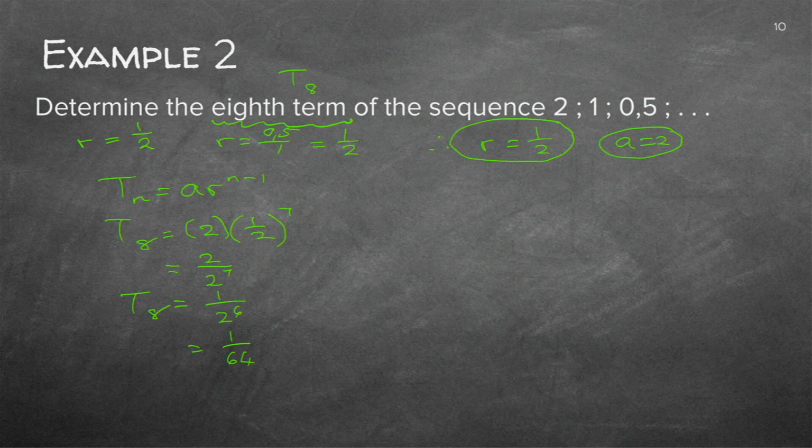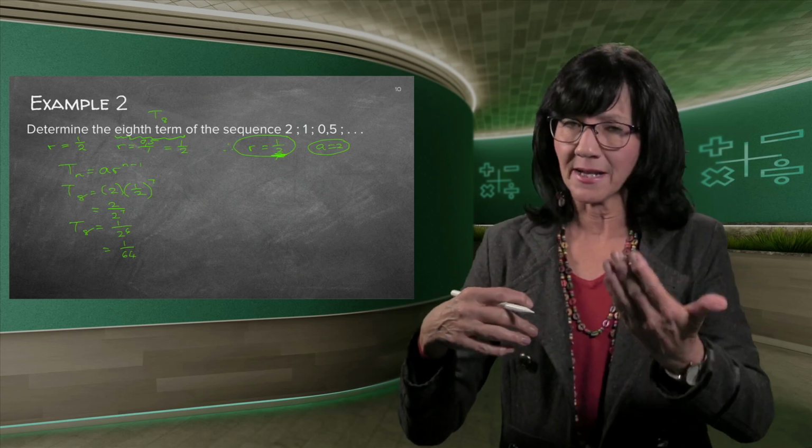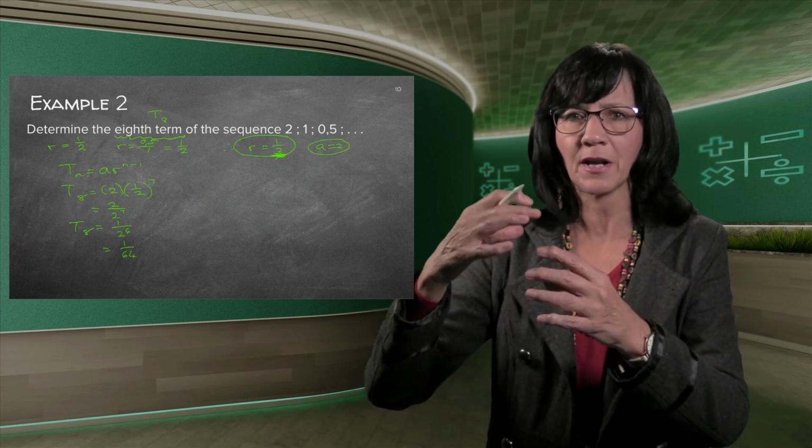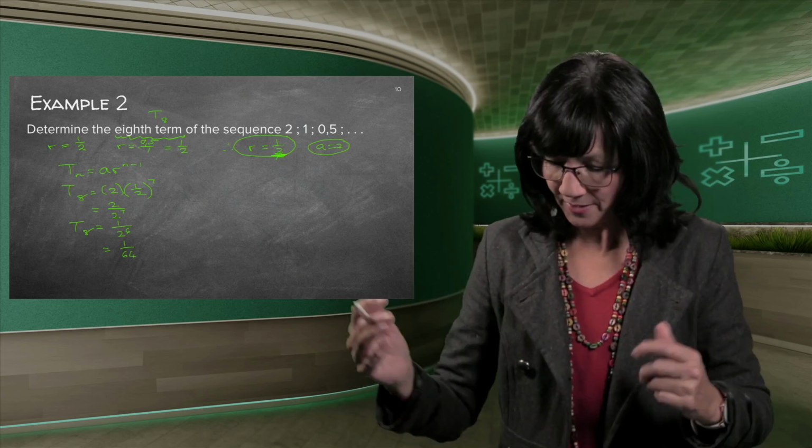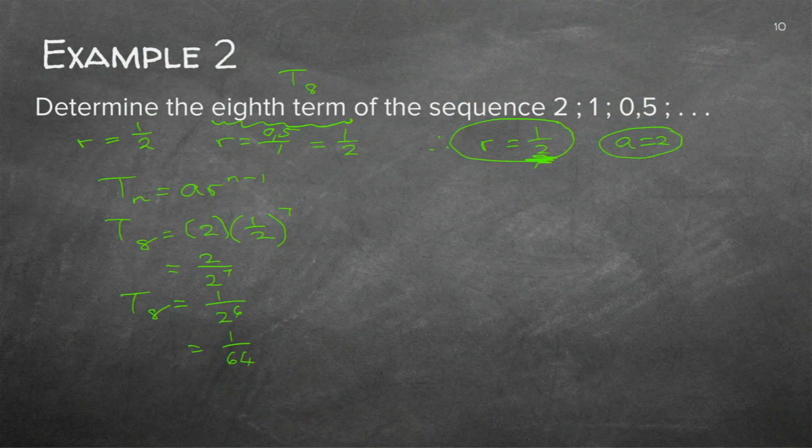Good. And if you don't know, you just click on your calculator, that button that says x to the power of a little block, 2 to the power of 6, and it will give you. Just make sure that you leave it underneath the line because it's a fractiony thing. Because I'm multiplying by a half all the time, my answers are getting smaller and smaller and smaller. It started with 2. It's now 1 over 64. It makes sense because I'm cutting it in half each time, and that's why I get this answer.